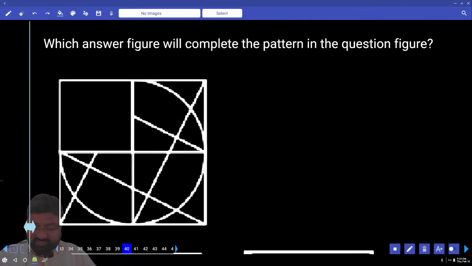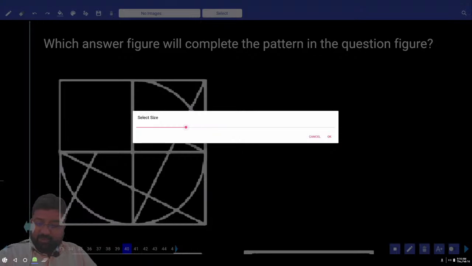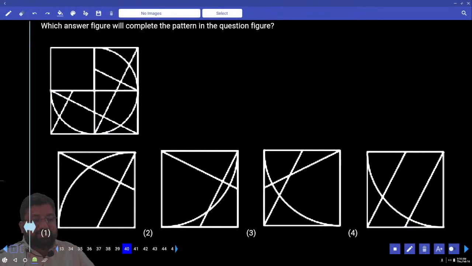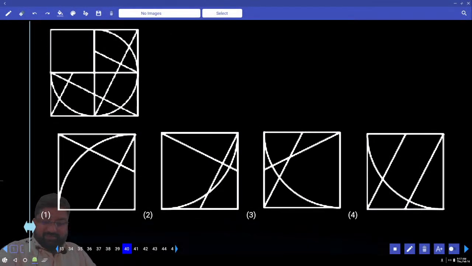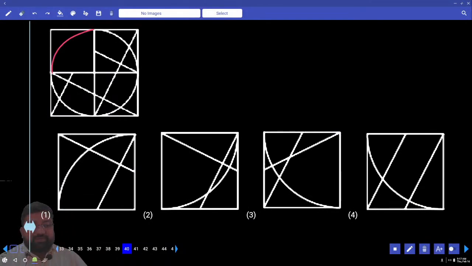Now answer which will complete the pattern. When you come across this type of question, what I suggest, continue drawing. Continue the drawing. So I need to get an arc something like this. I'll get an arc like this. Now, when you look into the options,